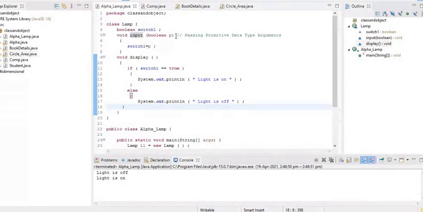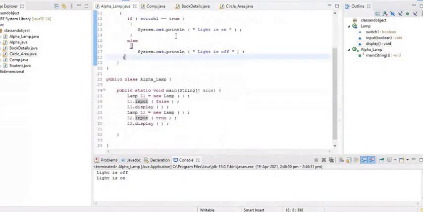Then we go to the main method. Here we have created an object reference L1, and we have called L1.input and passed false, so it will go to the display method and compare switch1, which is false.